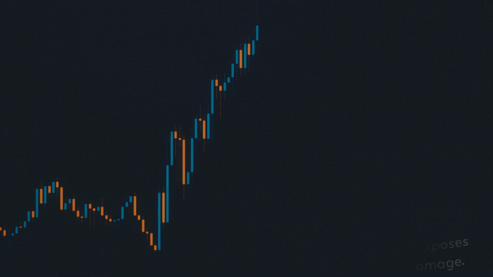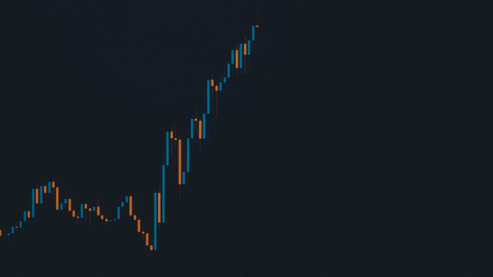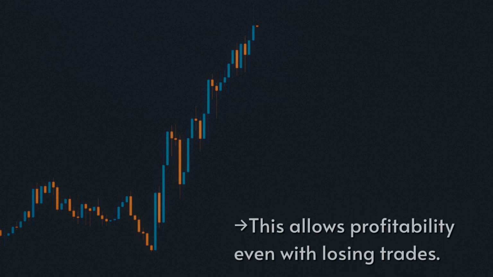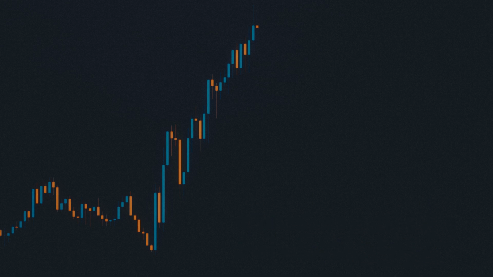First, you calculate your account risk. That's 1% in dollars. Then you figure out where your stop loss needs to go based on the chart. You plug those two numbers in, and it tells you exactly what your position size should be. No exceptions, no gut feelings.